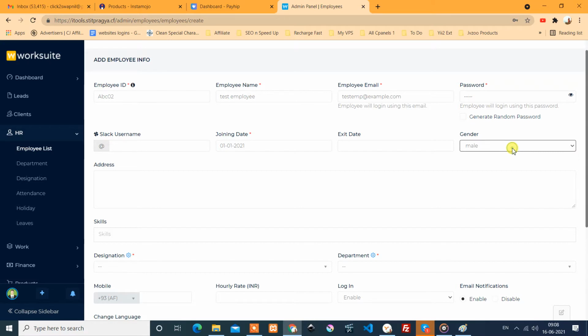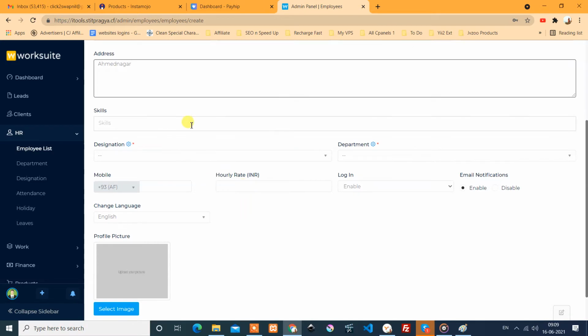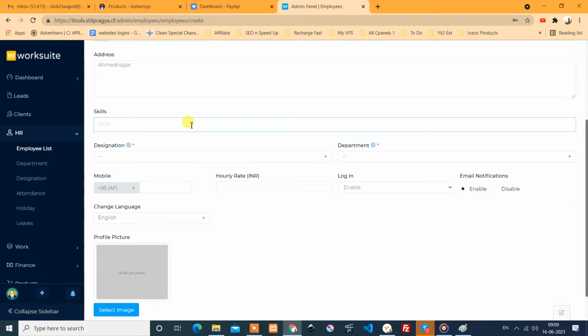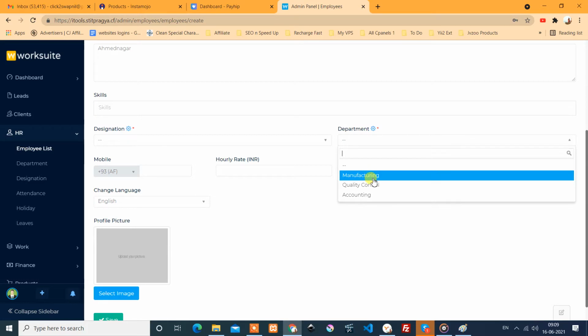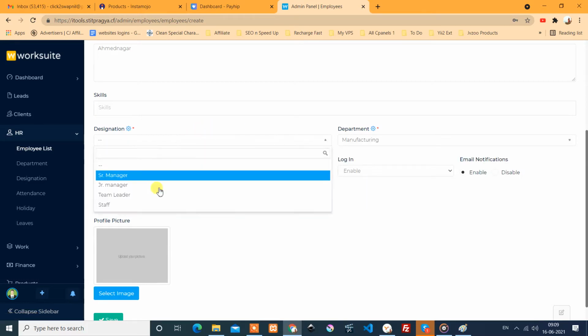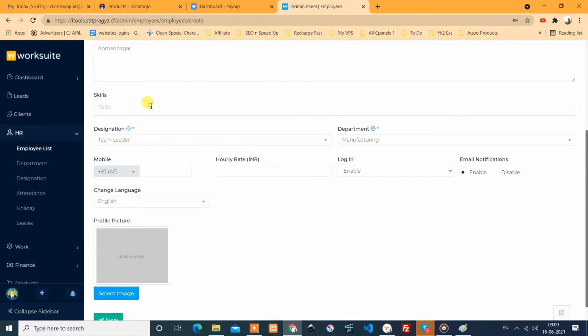Gender, here you can change. Okay. Skills, you can add the skills. Let's say for this employee, first we select manufacturing, and he is a team leader.